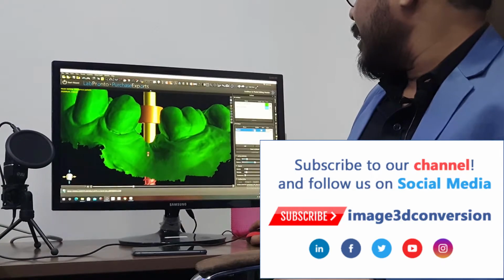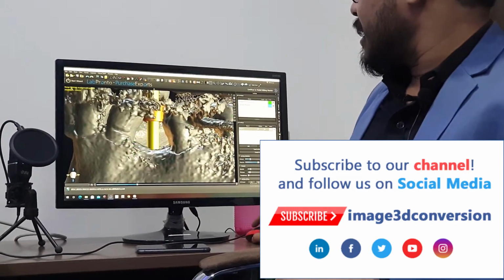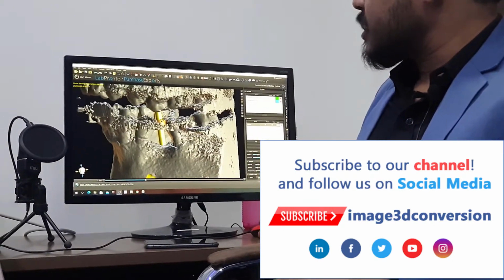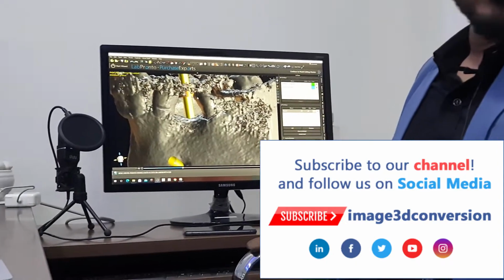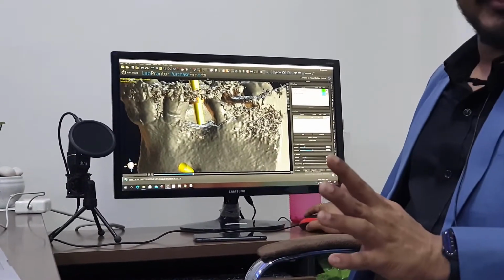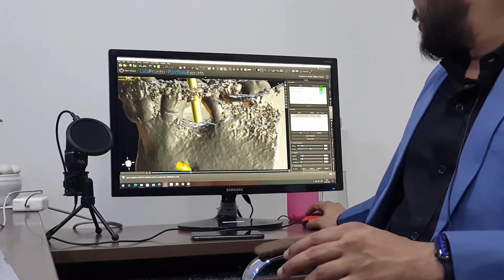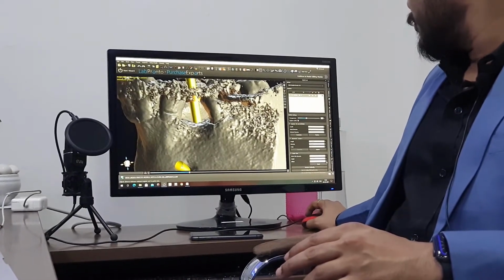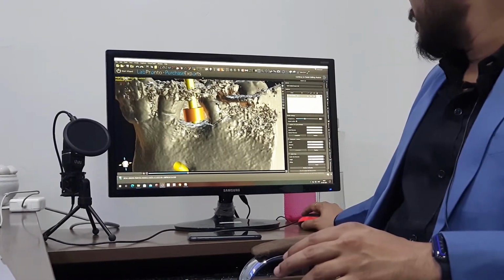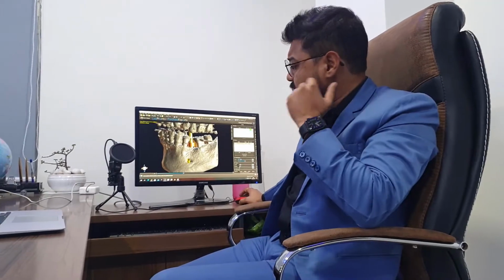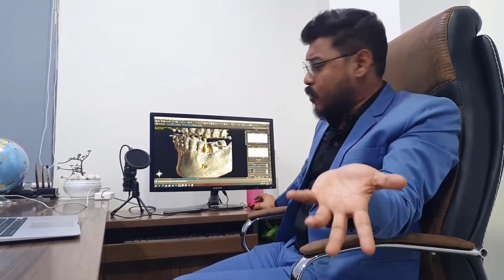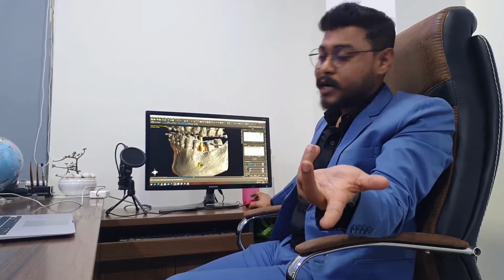Let's say you are planning the case on a single CBCT, and you don't have any intraoral scanner or tissue scan. Of course, it is a little difficult to execute the case without the additional scan. But nowadays we have a lot of help. We can use third-party software.